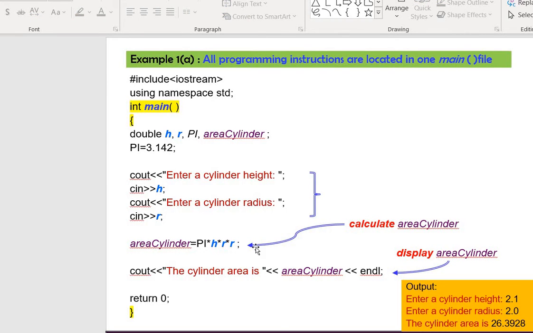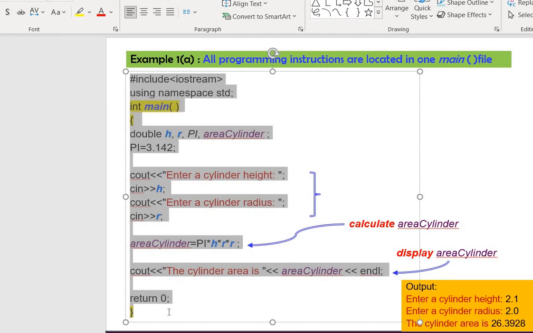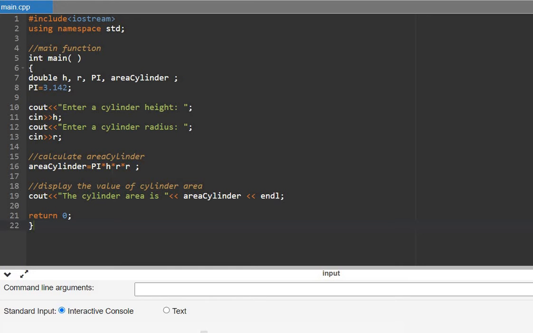Okay, maybe I can copy this program into the online compiler. Okay, so this is the program. Basically, this program calculates the area of a cylinder, whereby if we look roughly, the program consists